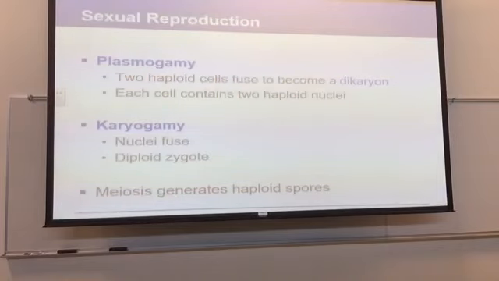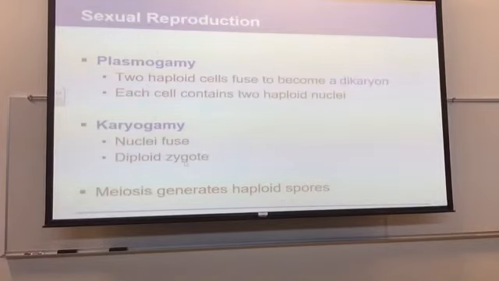In karyogamy, those two cells come together and the nuclei fuse. So that's kind of what you and I are used to. In both situations, meiosis will generate haploid spores. When this comes together, because the nuclei fuse, it's diploid. Because you get